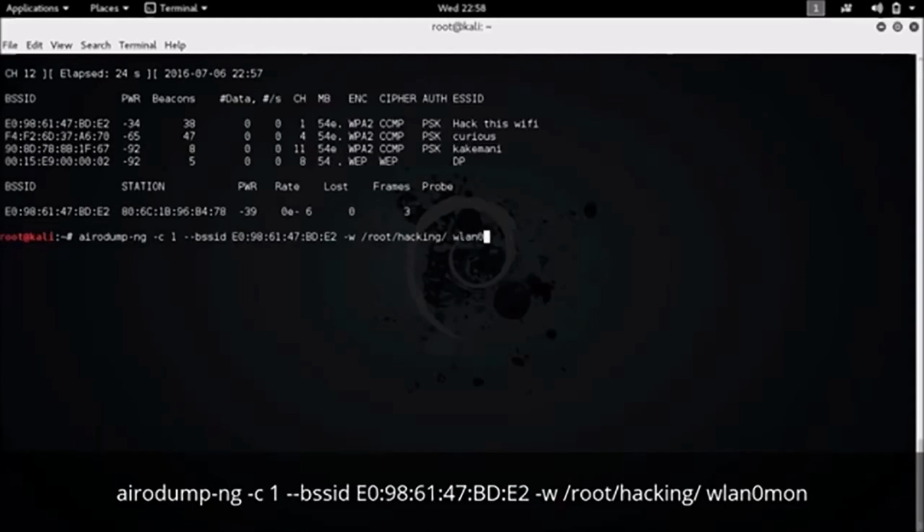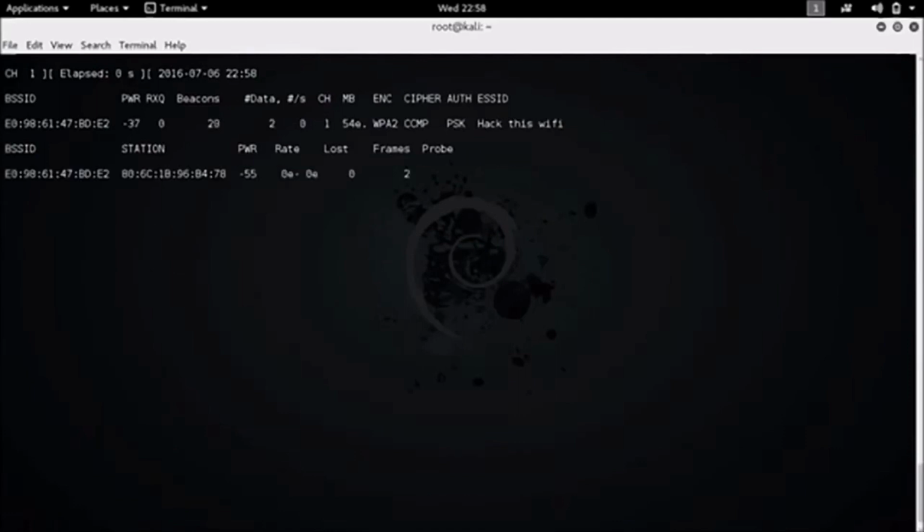Whenever a device tries to connect to a network, they exchange the password in the form of packets which are encrypted. So we will be capturing those packets and will be decrypting them later. In order to get the packets, you have to wait till a client tries to connect to the network, or you can disconnect an available client from the network itself. So we'll do that now.